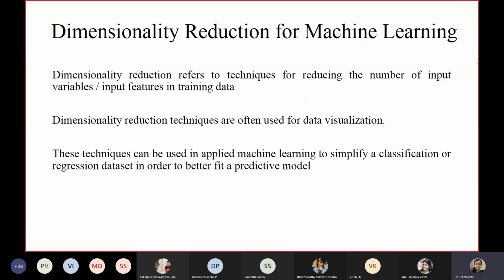Yes, today we will discuss dimensionality reduction. What is dimensionality? Dimensionality is nothing but the number of inputs or features for a data set. Then what is dimensionality reduction? It is a technique that minimizes the number of input variables or the number of independent variables in a data